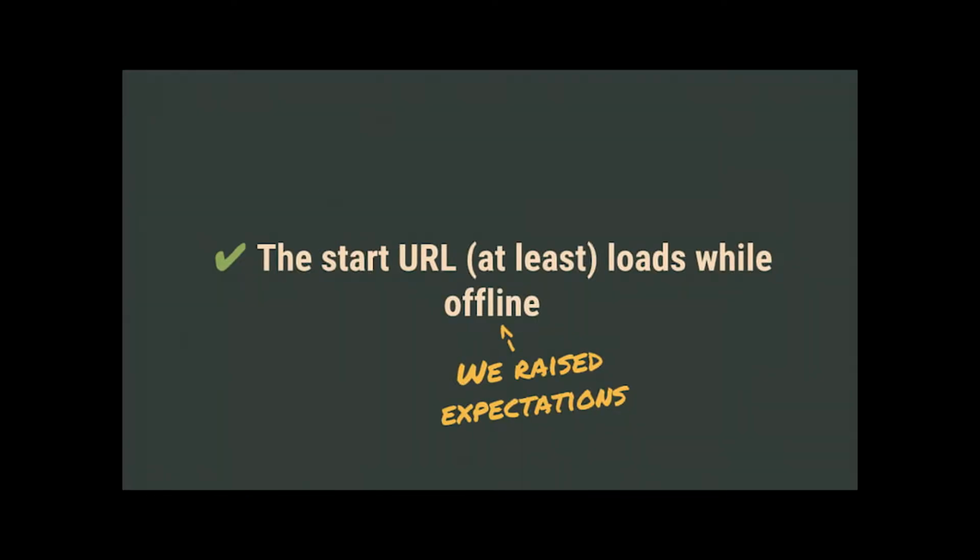Okay. Now, some of the risks of doing add to home screen then is if we raise the user expectations like this, of allowing a user to add the site to their home screen and have it act like an app, they're going to start expecting it to behave more like an app, which means that I'm not going to check my network connectivity before I tap the icon. What I don't want to happen is for me to tap my Twitter icon and just be confronted with either a spinner or even worse, my browser's error page,